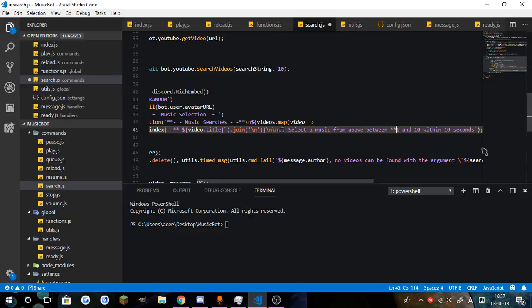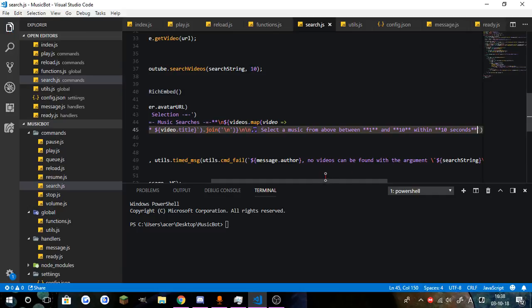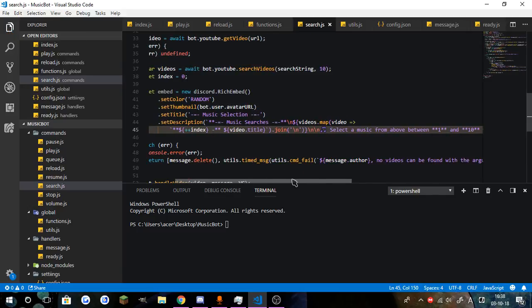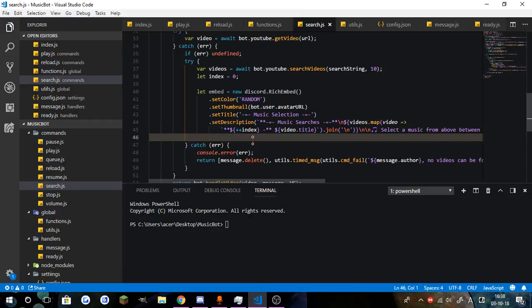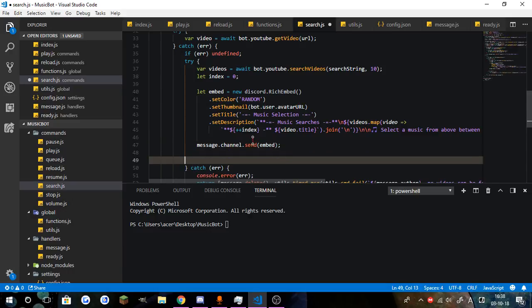What we're going to do is make these bold. Within 10 seconds. I hope I didn't mess up anything. Now that I can see anything that I've messed up, so that's the embed. And now we can do message.channel.send the embed. You can actually delete the embed right after, but I think that might cause some errors, so